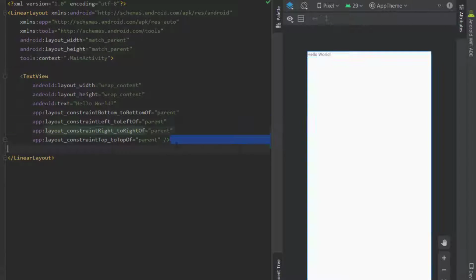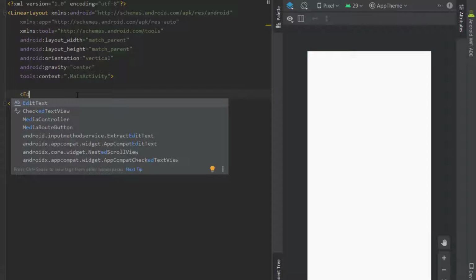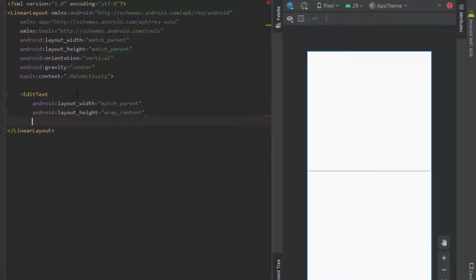Let me remove the hello world and make the orientation vertical and gravity center. Inside the linear layout, first I will create an edit text with the width as match parent and height as wrap content, and making a hint as type something, and I am closing this.